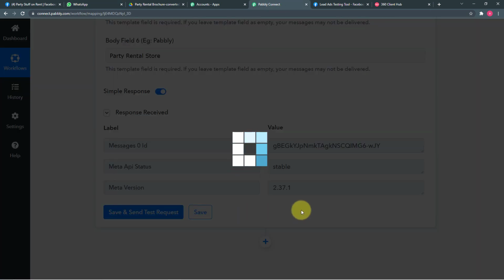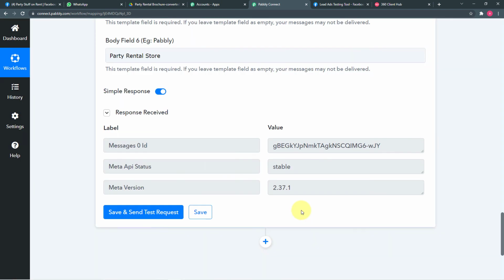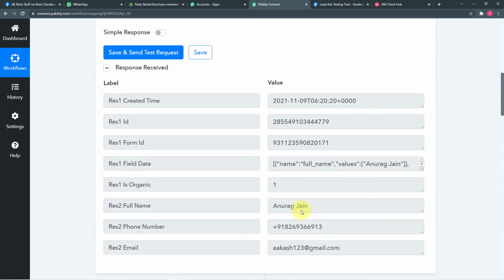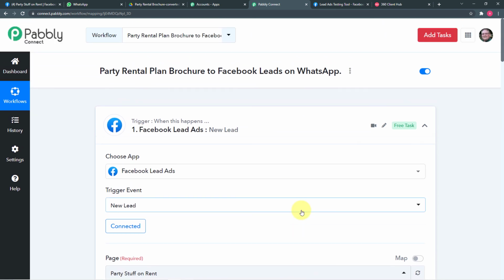Just click on save. And let me tell you one more important thing, that is you can make this workflow or automation run 100 times in a month with the help of Pabbly Connect's free account. Because Pabbly Connect's free account provides you 100 free tasks for every new month. So if 100 tasks are sufficient for you, you can use Pabbly Connect for free forever. Also, we are going to paste the link of the same workflow in the description so that you can clone it in your own free Pabbly Connect account and start using it instantly.